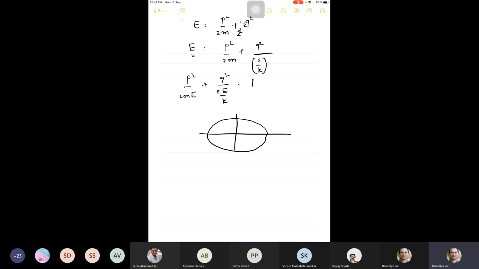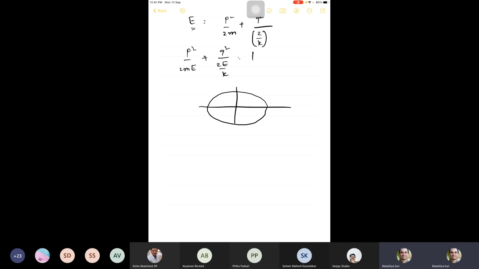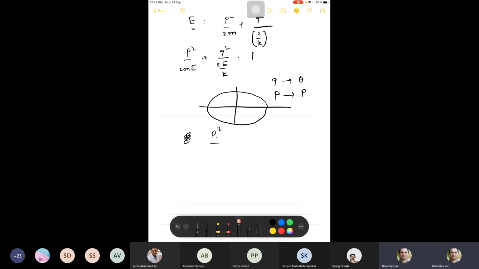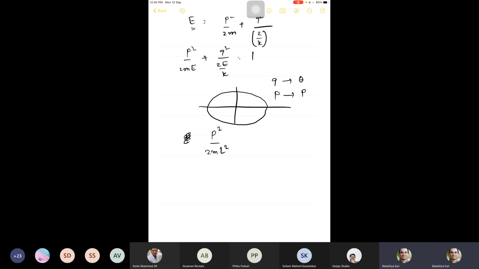Now, if you consider a pendulum, since we just looked at a pendulum, let us look at it. Q for the pendulum is basically theta, and P is the momentum. For the pendulum, we can write P squared, but it won't be P squared by 2m, it will be P squared by 2mL squared, because that's an angular momentum we are talking about, plus half theta squared mgl